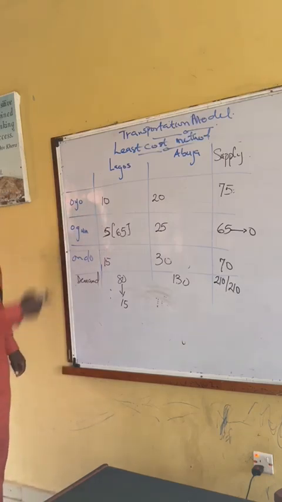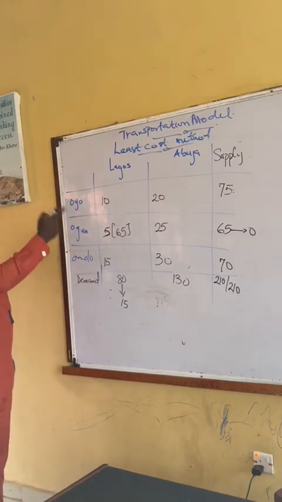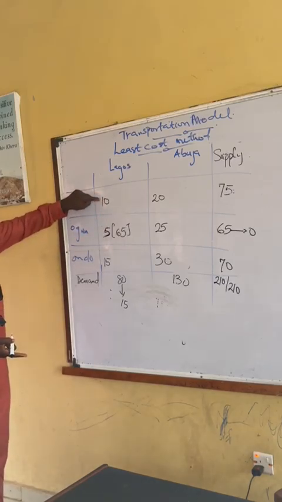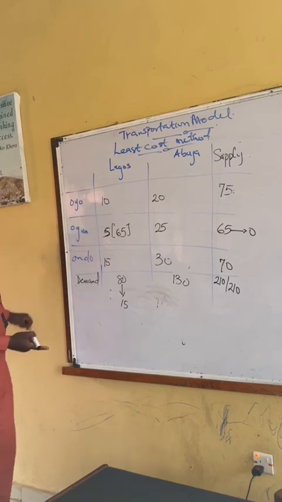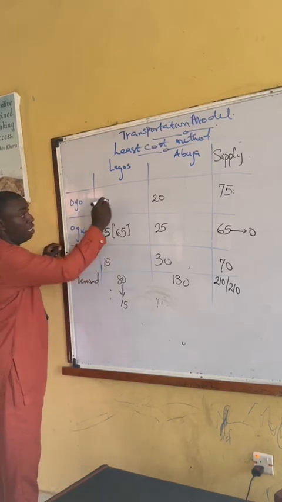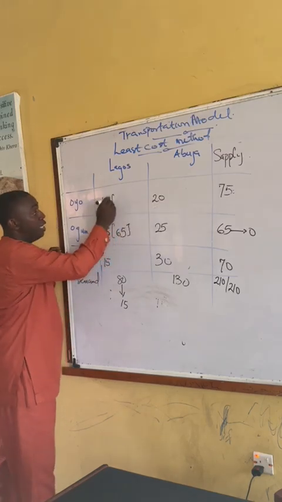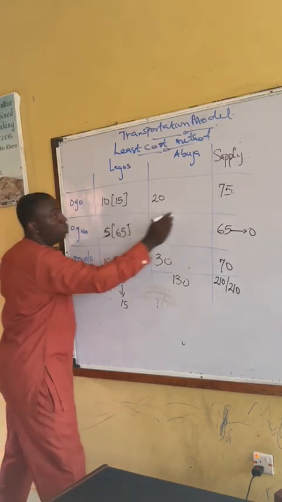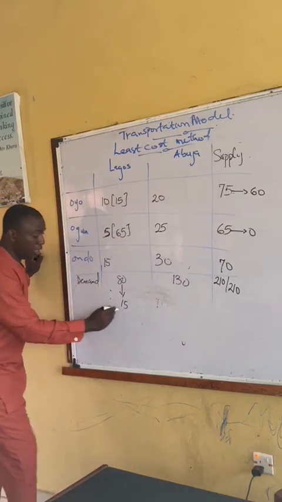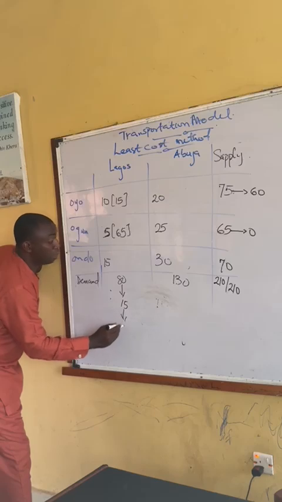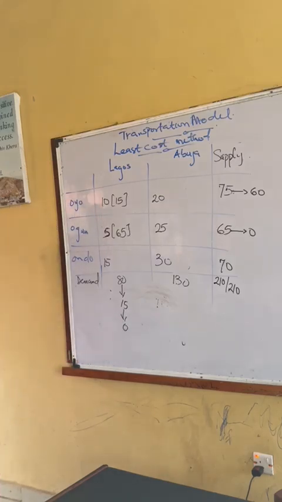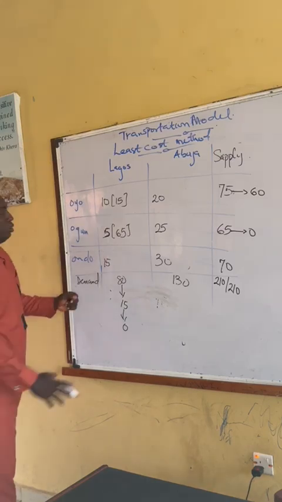Now, then check another least cost that followed the first one. So from what we have here, we have 10. Are you getting the idea now? 10. Then you check through. You discover that the demand here is what? 15. It's smaller than the supply, giving us 15. Then this one will be what? 60. That means that for Lagos demand, there is no more demand. It is now 0. Now, then you check the next